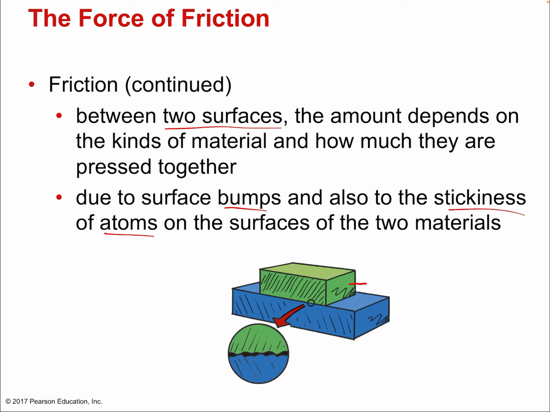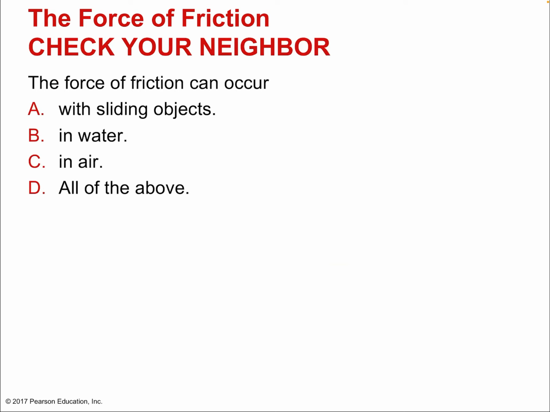For example, if I was to pull on this green block, let's assume these are some sort of rough surfaces, things that you'd imagine resisting being pulled to the side, and I have a pulling force, then we would just draw the friction force going the opposite way, just resisting that change. And if they're exactly equal, like I drew them, where the two force vectors are the same length but in opposite directions, then what's going to happen to the block? It's going to stay at rest because we have an equilibrium situation here.